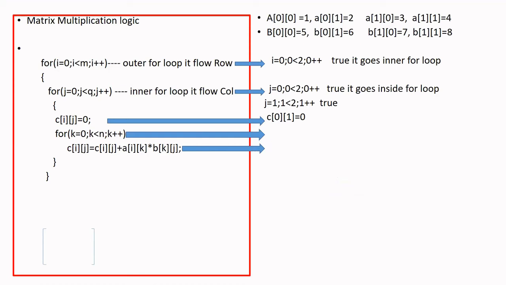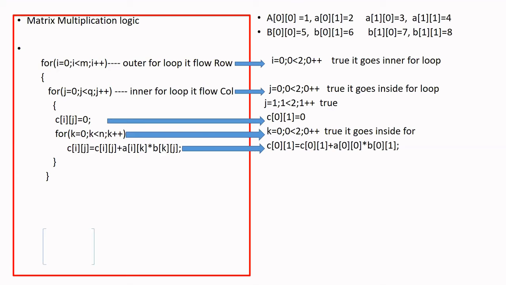Now j is initialized to 1, and k is initialized to 0. 0 is less than 2, yes, it is true, so it will go inside. Again, the formula: C of ij, so C of 0 1 is equal to C of 0 1 plus A of ik